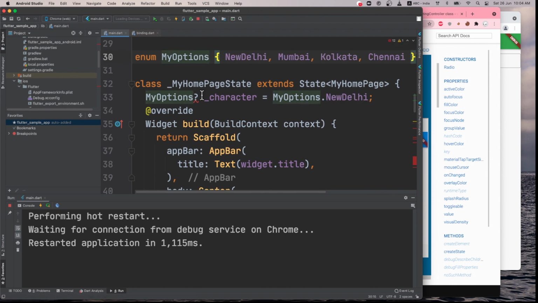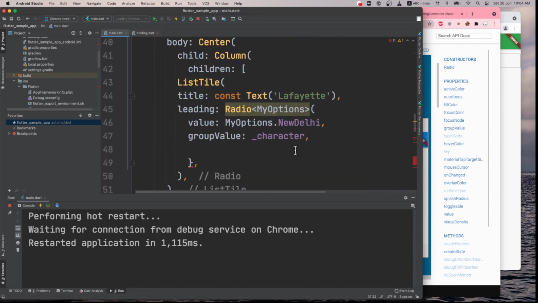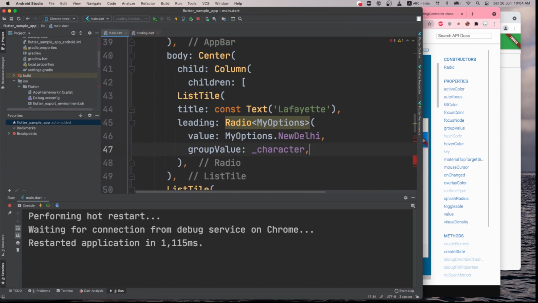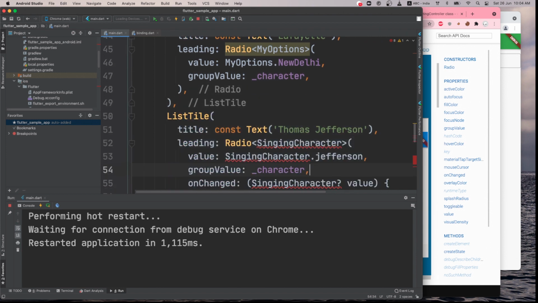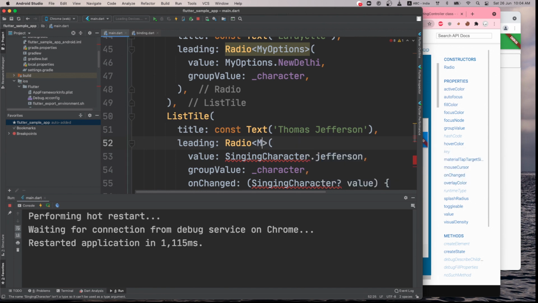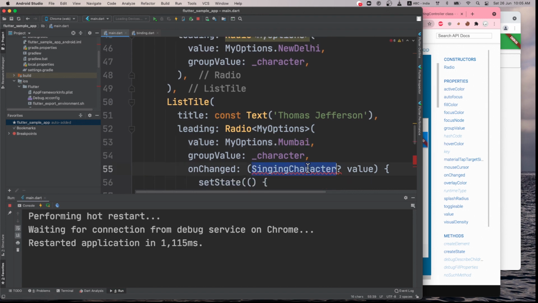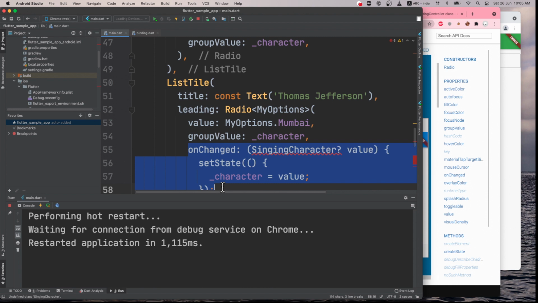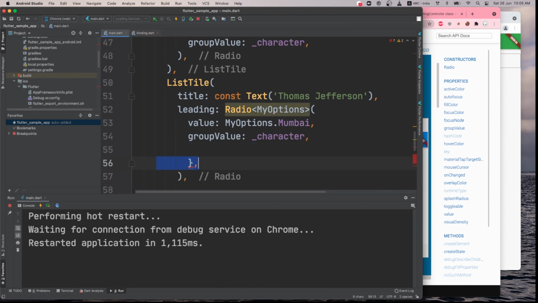No. Okay, we'll use like this, my options, and what is this? Yes, here. My options, and the first option, this is the second option, and this we can say Mumbai. And currently I am not using this, and then we'll see.